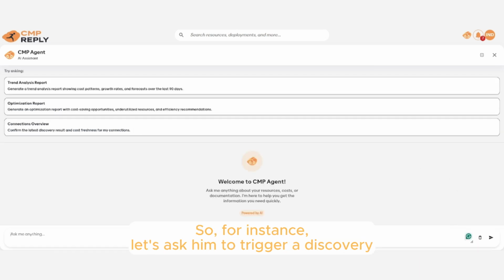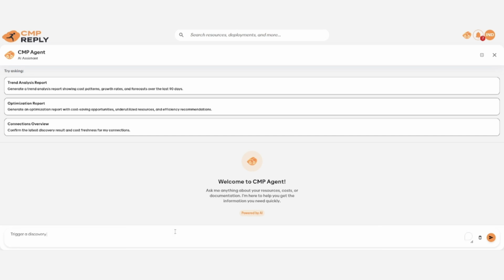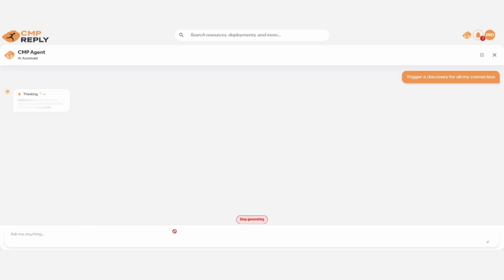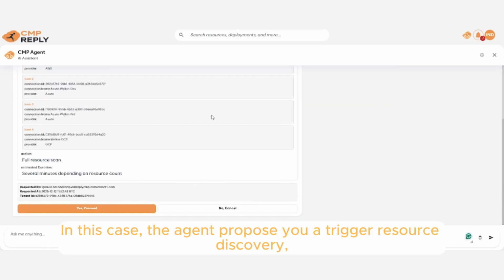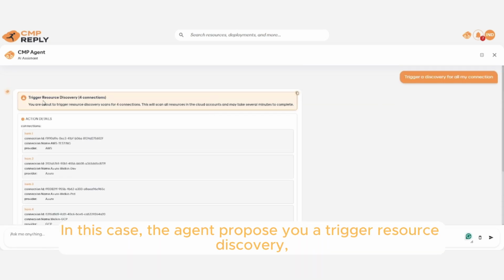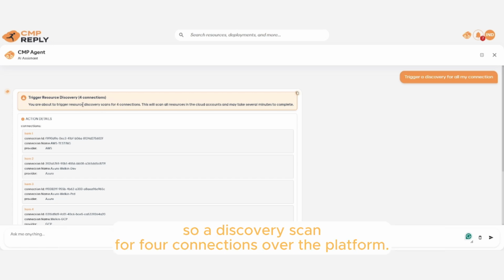For instance, let's ask it to trigger a discovery for all my connections. And let's see what the agent will do. In this case, the agent proposes a trigger resource discovery, a discovery scan for 4 connections over the platform.